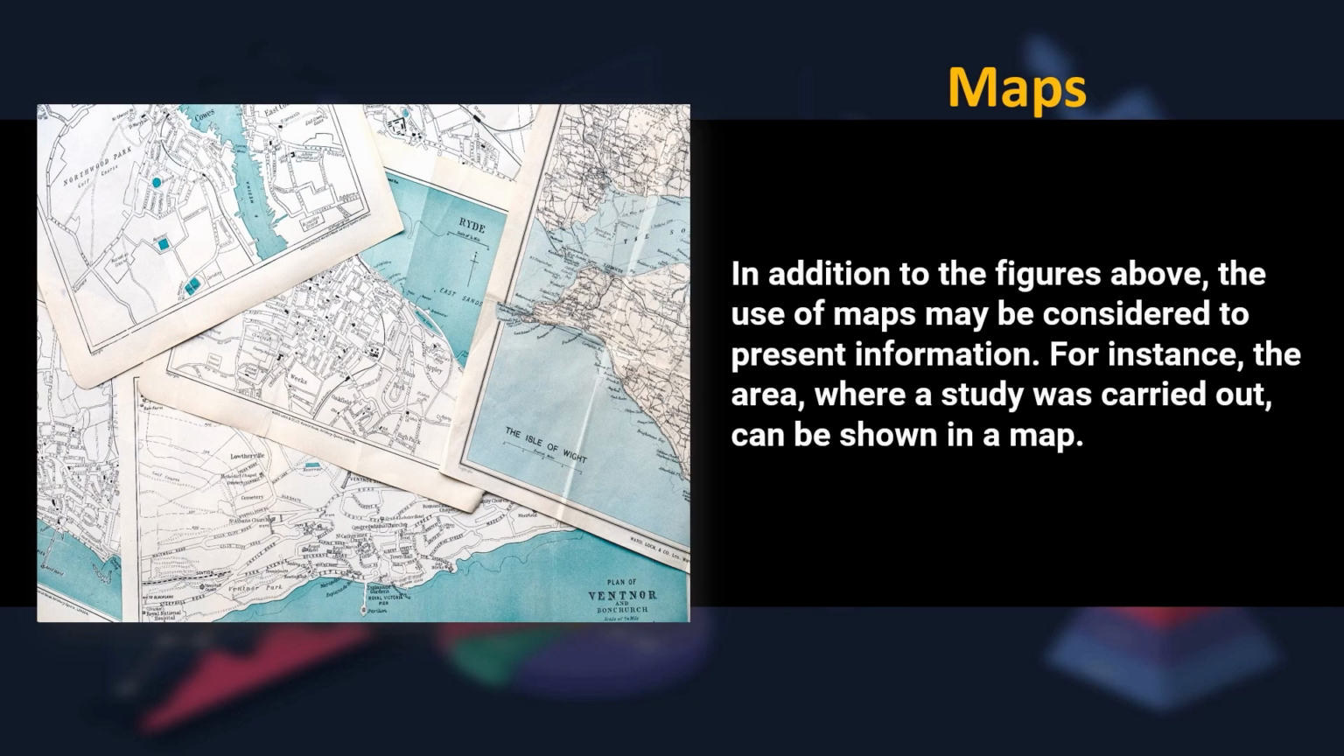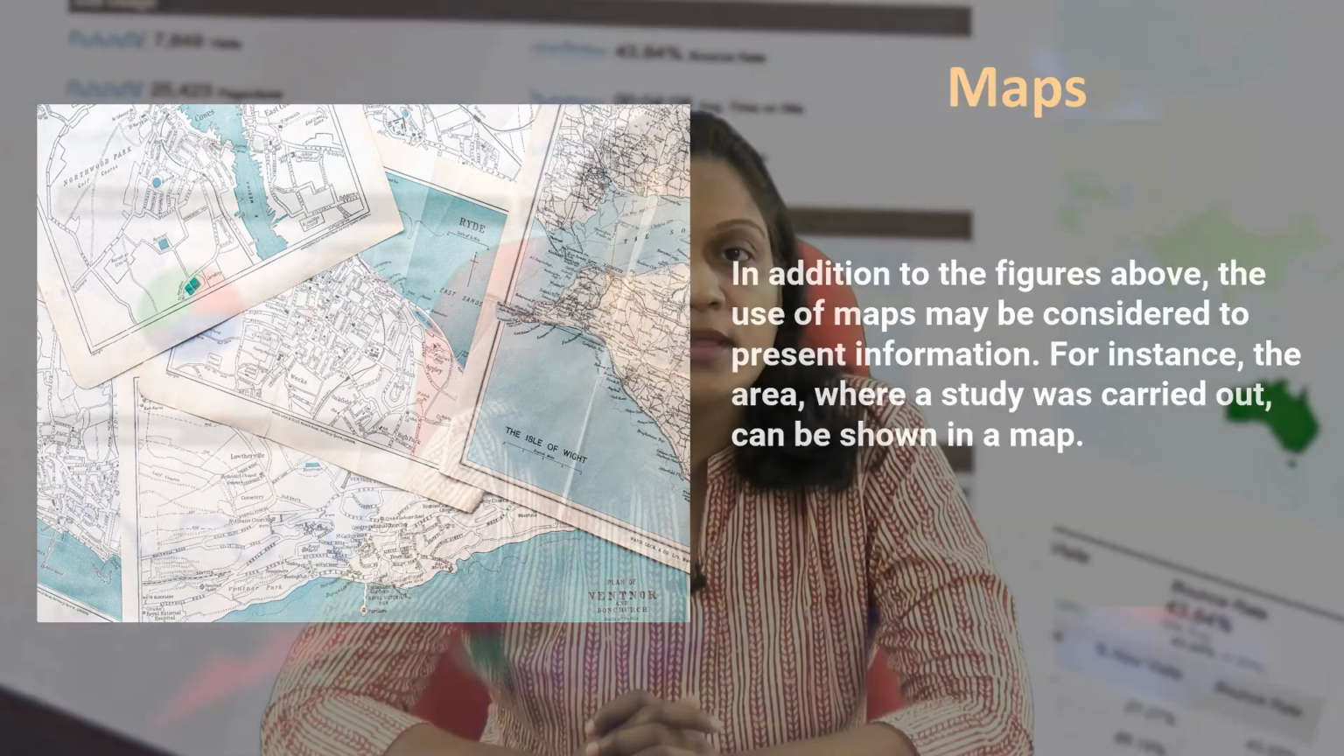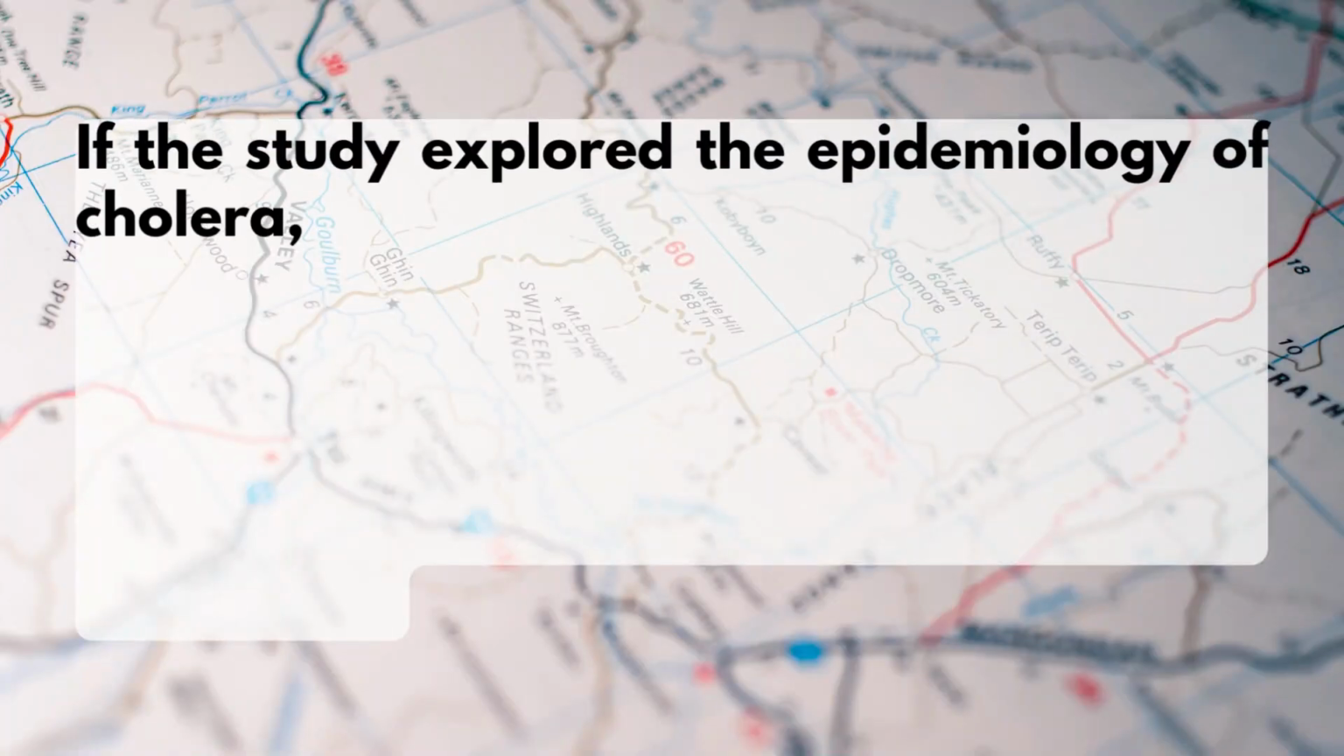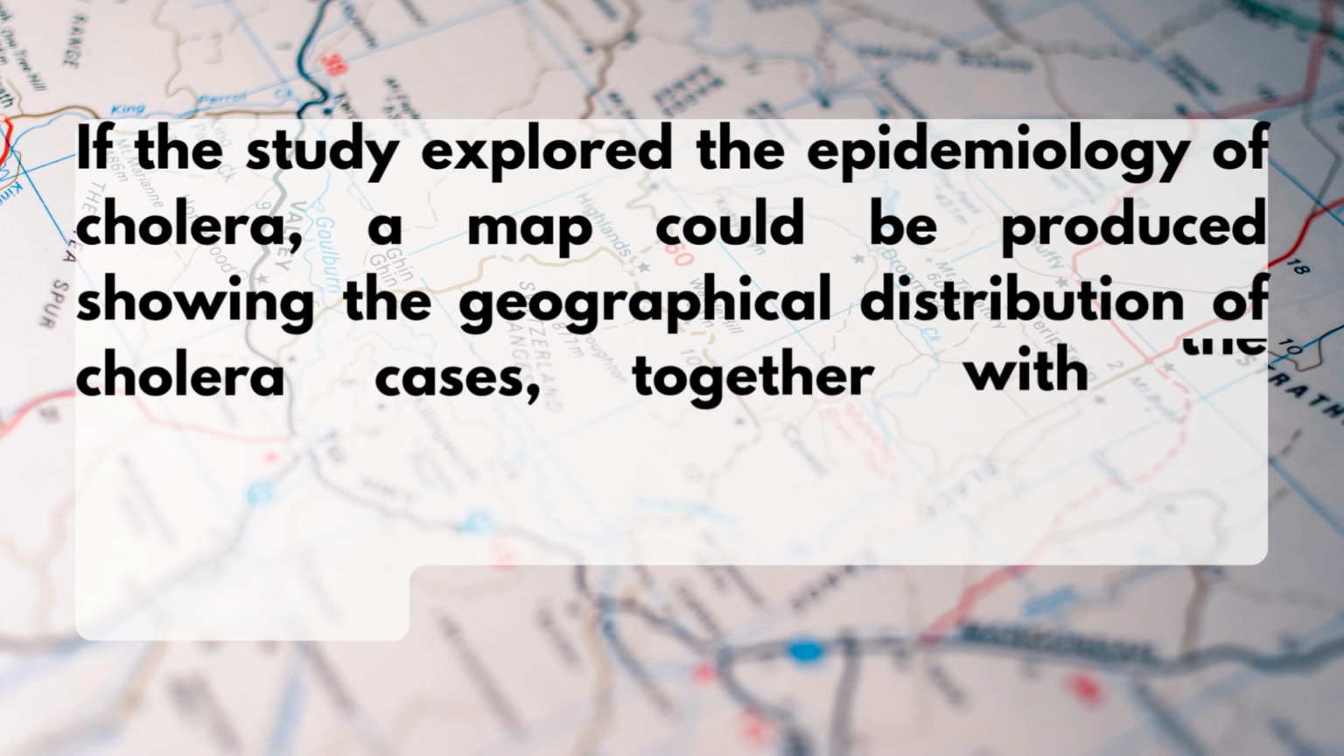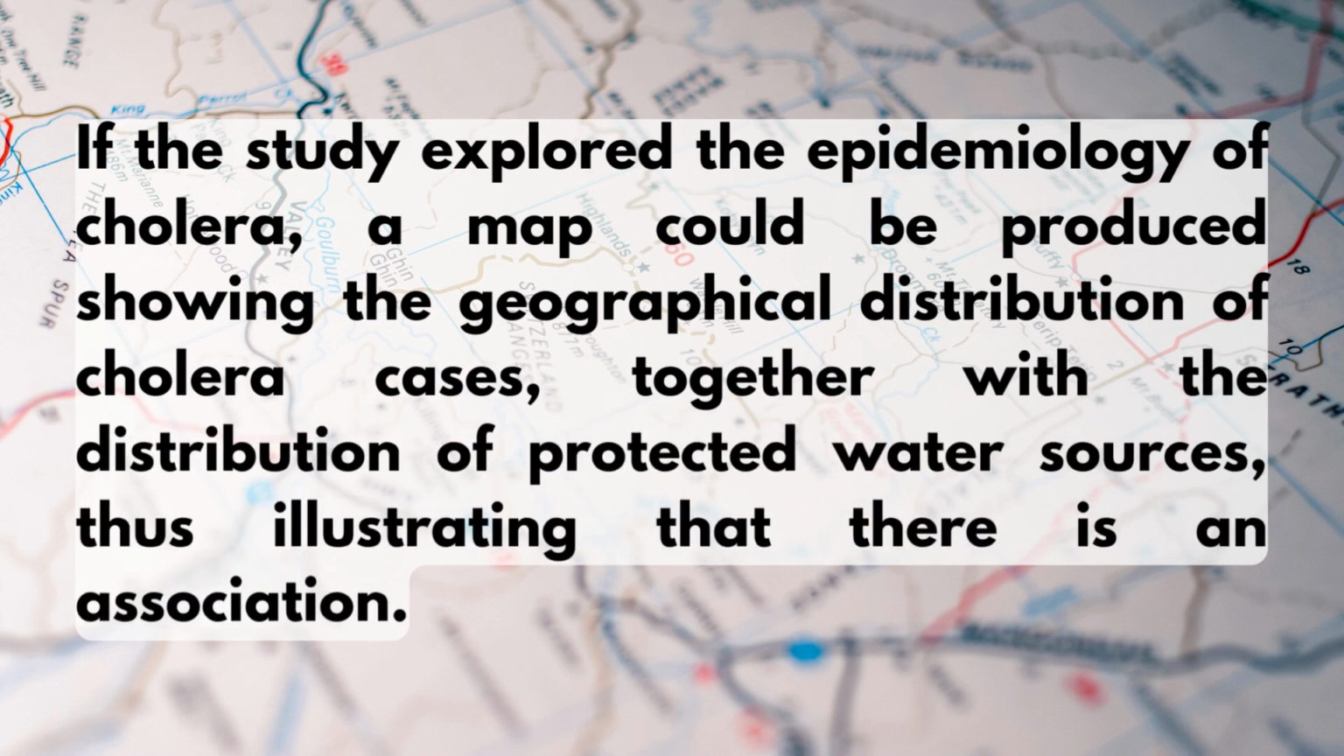The sixth one is maps. In addition to the figures above, the use of maps may be considered to present information. For instance, the area where a study was conducted can be shown in a map. If the study explored the epidemiology of cholera, a map could be produced showing the geographical distribution of cholera cases